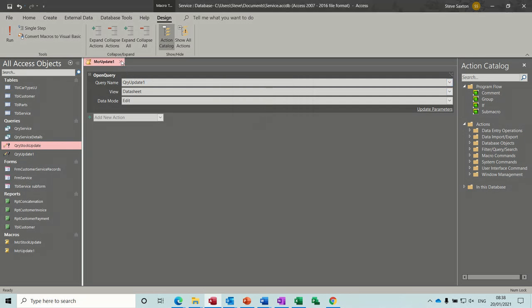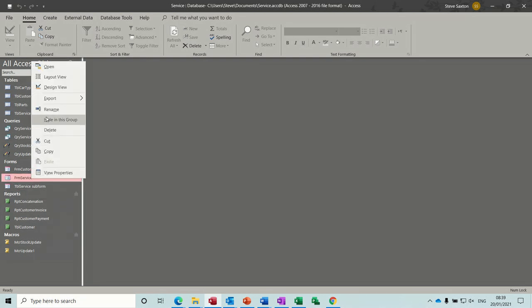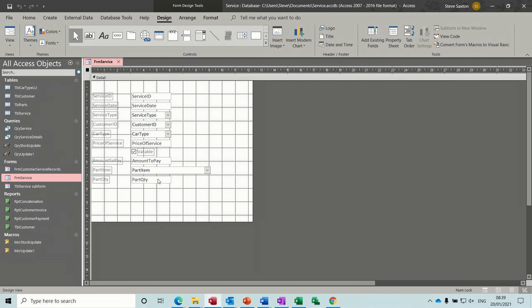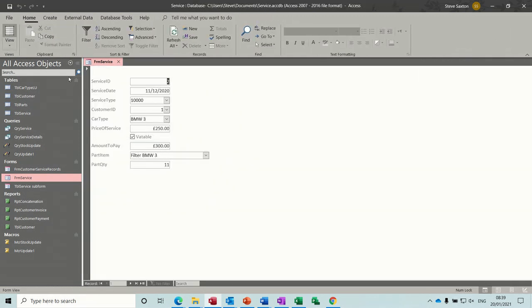Okay. Close that. Now what we have to do is attach that macro to the form. So the service form. So I'll go into that, into design view, part item, because when they type a number in there, you want this query to run. So I need to get the property sheet up, and you can see it says there, that's the one I did before. So you just select update 1, like so, save the form,